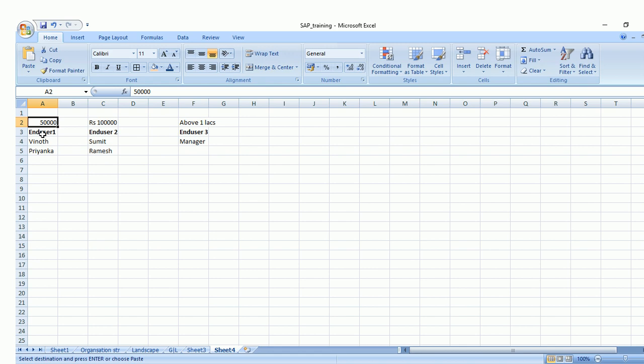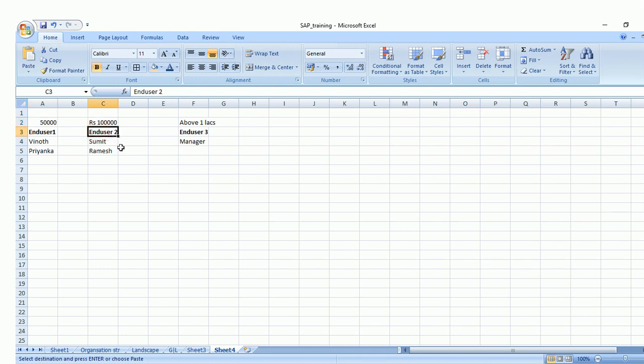So here, let's suppose we have one group we have named as end user one. Here we have two end user. Those, they have an authorization to post any transaction which is within 50,000. They can post that. And in the second group we can see there is a lakh rupees.